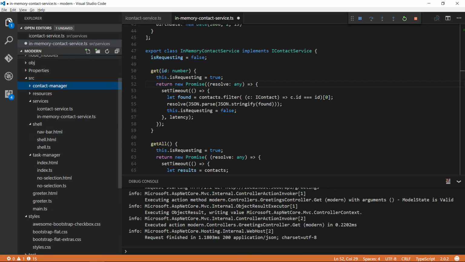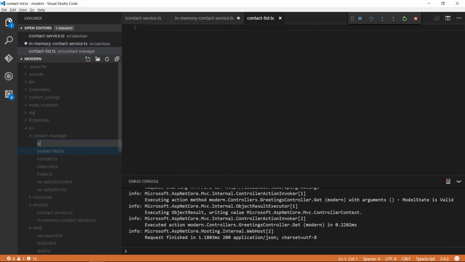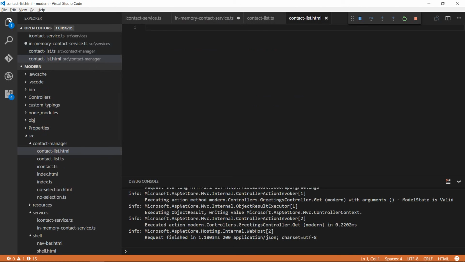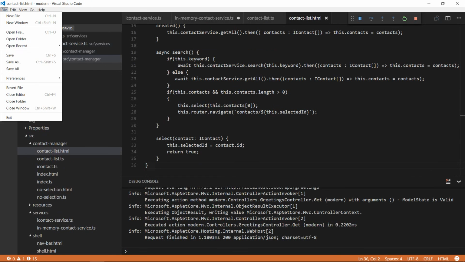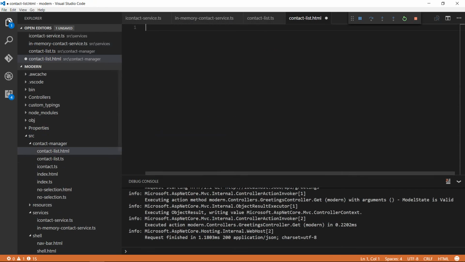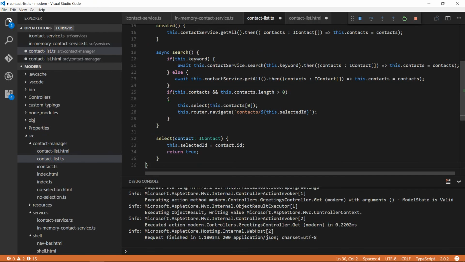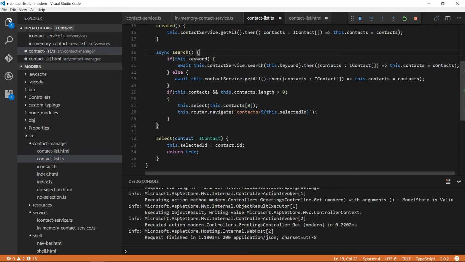So we are going to create a view model, contact-list.ts, and a view called contact-list.html. And we're going to copy and paste it from the completed application, which I already explained. So let me save all and close all the unwanted. Oops, by mistake I pasted the HTML into the TS. So I'm going to go into the TS and copy that, and we will close everything. We'll just save all,